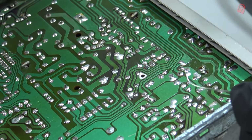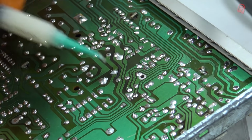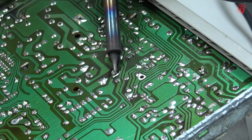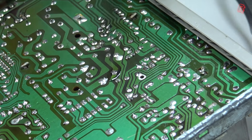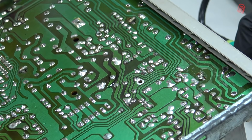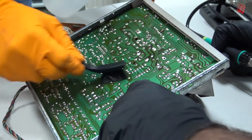C37 is of particular interest because it's one of the capacitors that controls the horizontal width of the picture. And we saw the picture collapsing in on itself horizontally. So that's got to be more than a coincidence, right? And with that in mind, Keith and I were much more confident that we'd found the culprit and the root